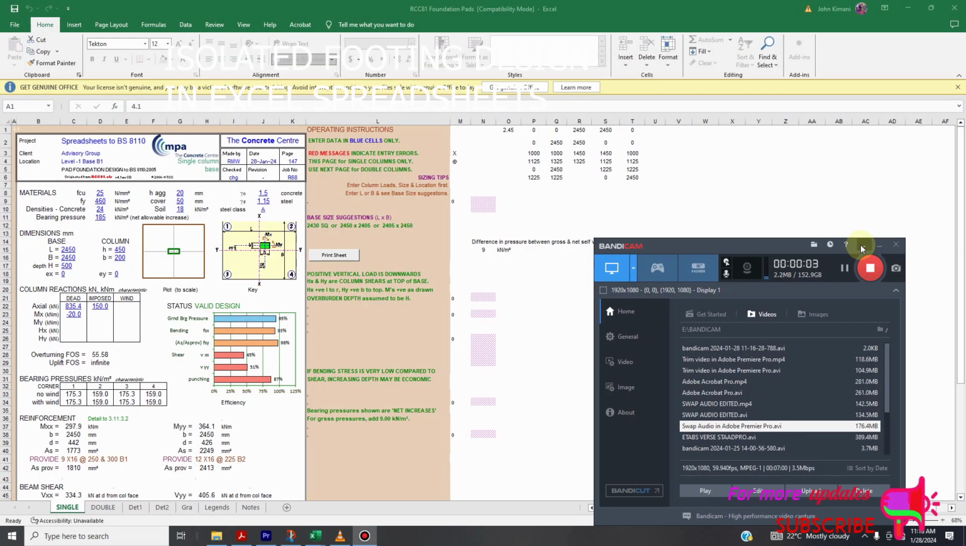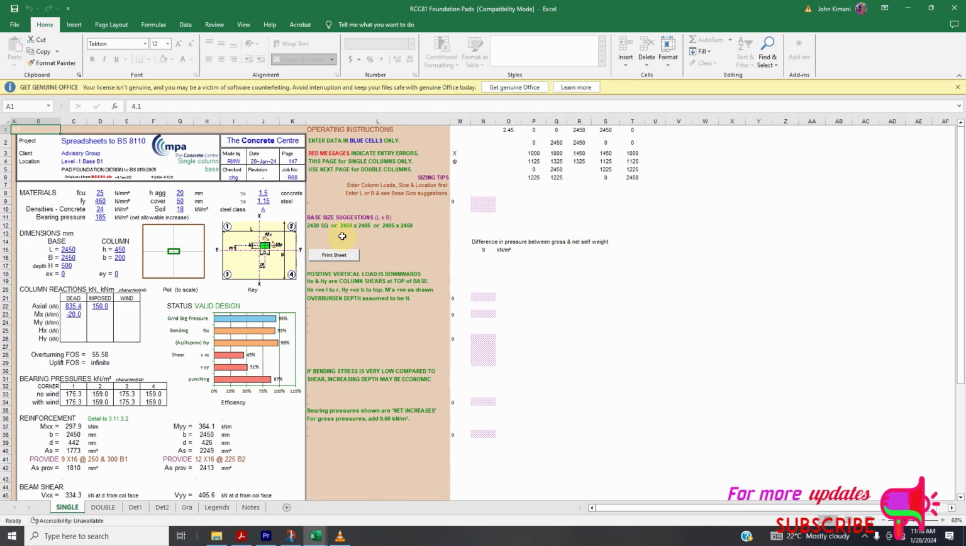Today I want to show you how to design isolated footing or pad footing foundation, or foundation pads, in Excel spreadsheets to BS8110. So this is a reinforced concrete centre design spreadsheet, and all you need is to fill in the data here, your class of concrete, your grade of steel. We can use class of concrete here, let's say 15,